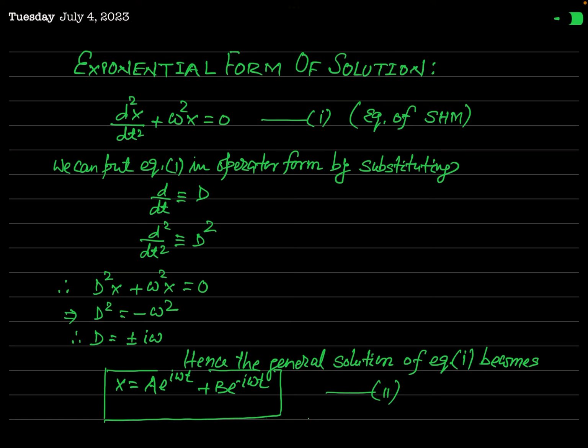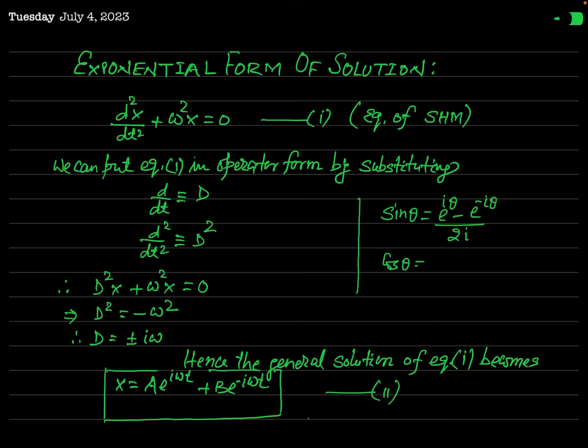Now the most important form of the solution of the differential equation of SHM is actually written in exponential form. How can we say that this can be written in exponential form? Because you know that sin theta is equal to what? This is e to the power i theta minus e to the power minus i theta divided by 2i. Okay, and